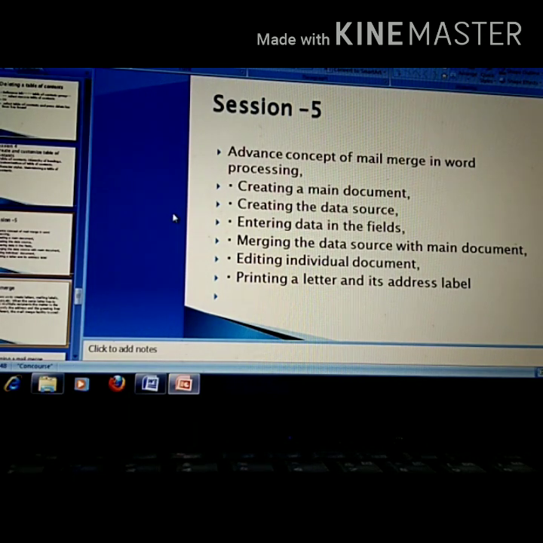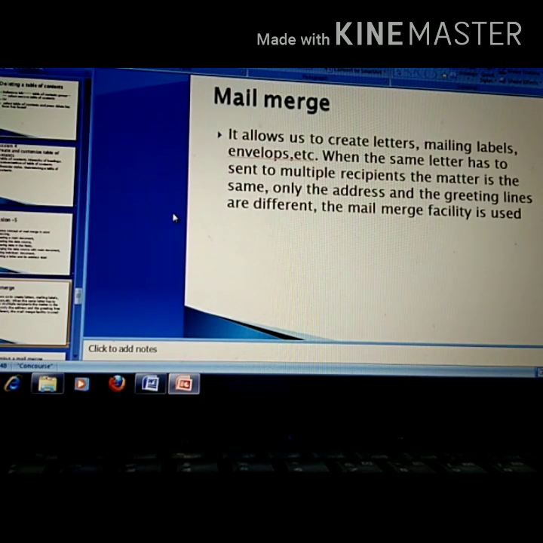First topic is what is mail merge. Mail merge is the facility which allows us to create letters, mailing labels, and envelopes. When the same letter has to be sent to multiple recipients, the matter is the same, only we change the address and greeting lines.